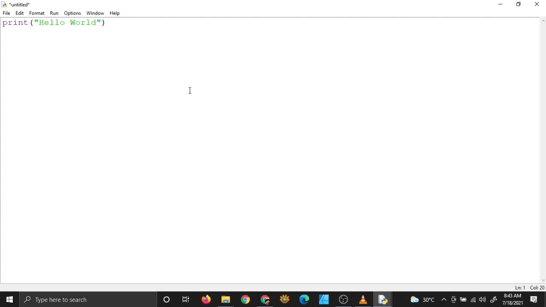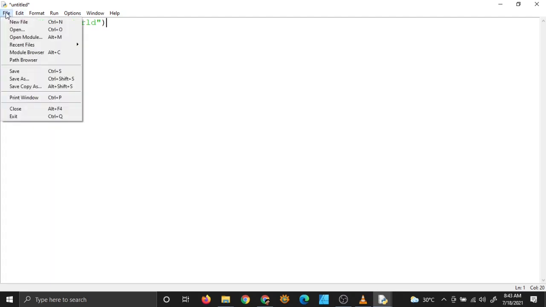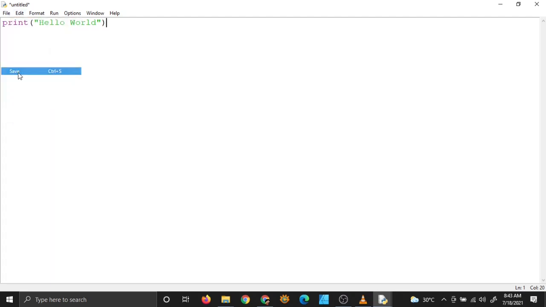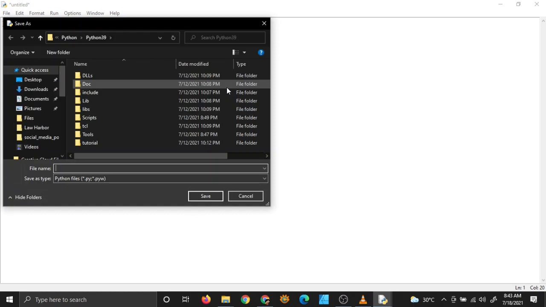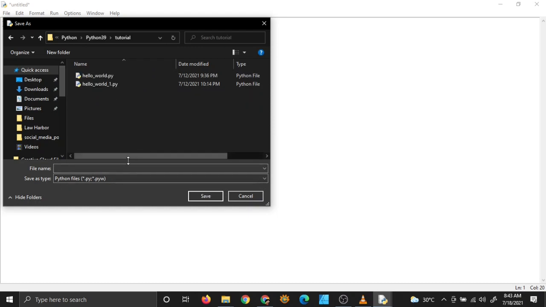So let me now save this program. You can save it by pressing Ctrl plus S or you can go to file and click on save and you will see that you are in Python 3.9 folder. I have made a tutorial folder inside it and inside this I will store all my tutorial files. So you can do the same. So since I have these files already, I will choose the name as hello world 2.